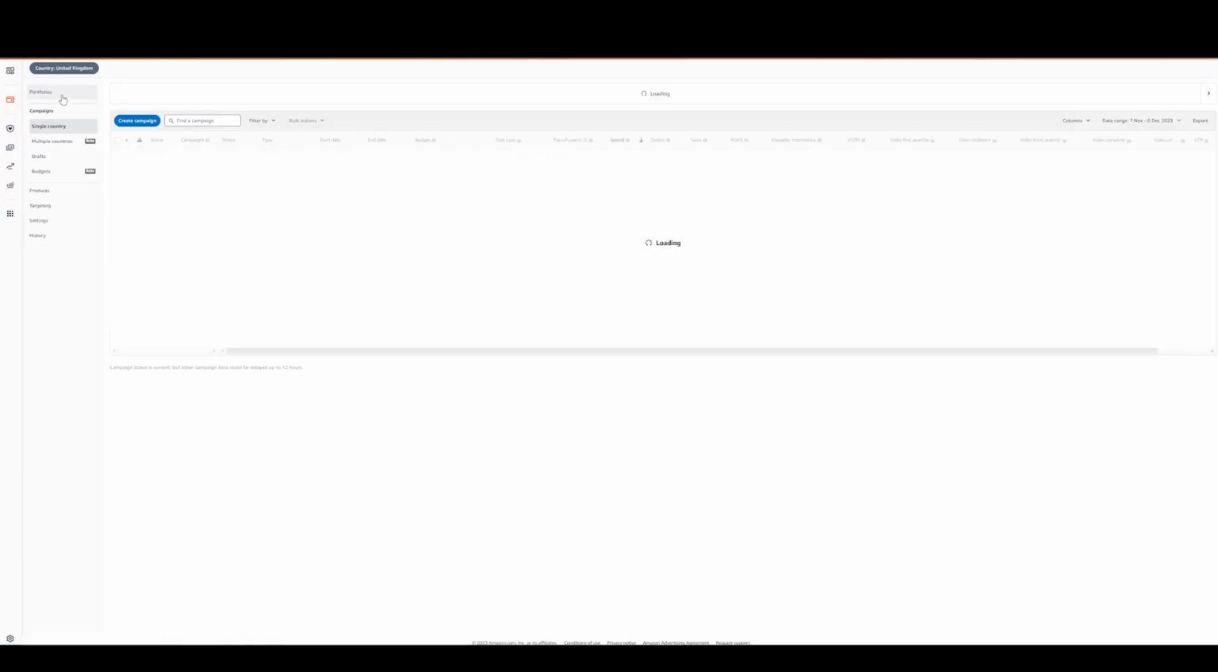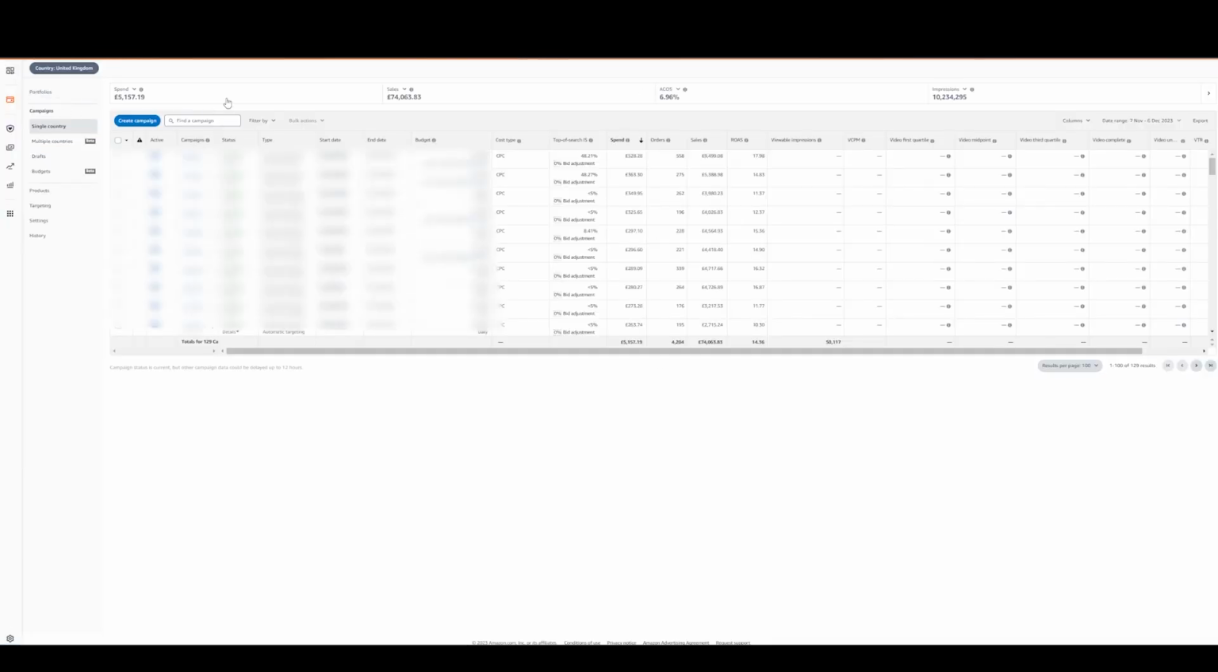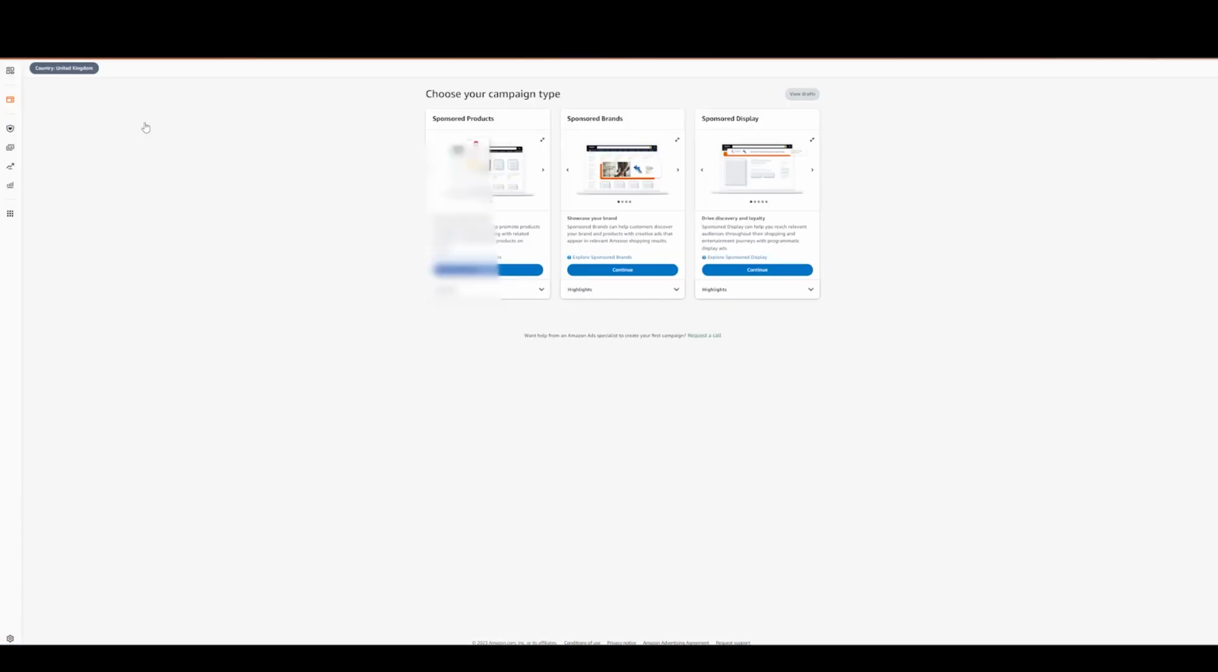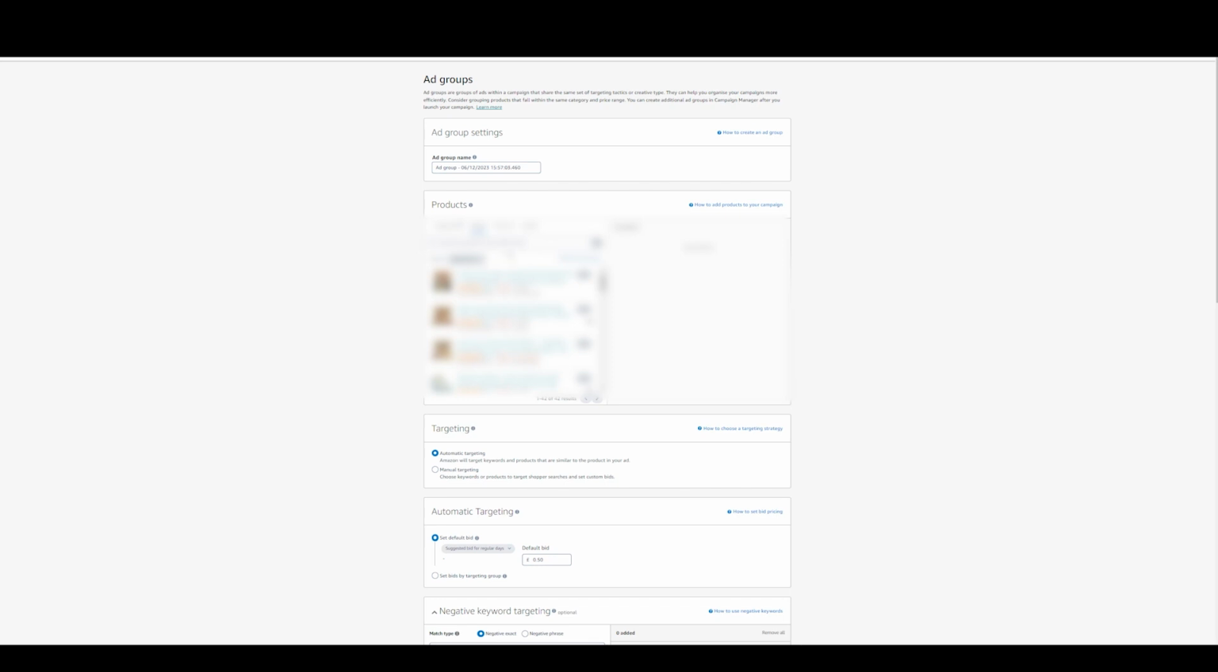Now once you've had the campaigns running for a few days and you've got an idea of which ones are profitable, what I'd recommend doing is creating some campaigns for the profitable products again. We'll do it in the exact same way. We'll go to sponsor products, and we'll set it up the exact same way with the targeting. We'd put the same naming strategy in, we'd add the product in here, we'd set the bids by targeting group,